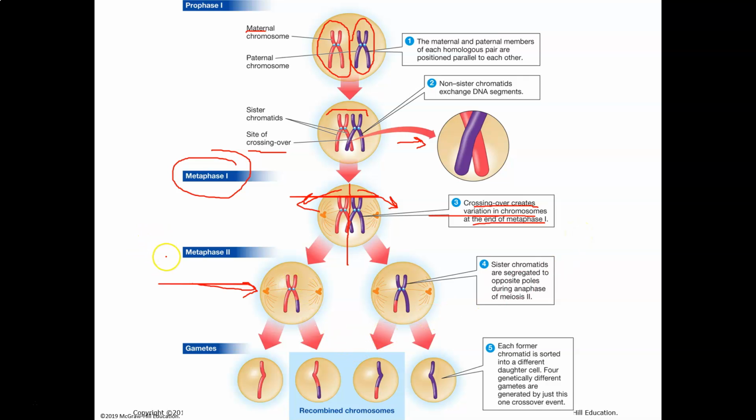Then you go through the process. Now, they show you metaphase 1 here, and they show you metaphase 2 here. Well, you have to go through all the other phases, right? The way to remember it is PMAT: prophase, metaphase, anaphase, telophase. So P would be up in here, and there's M, and that would be P1. This is M1. Then you have to go through A1 and T1.